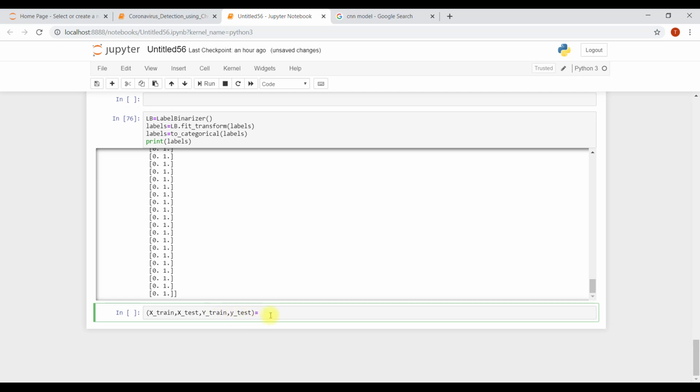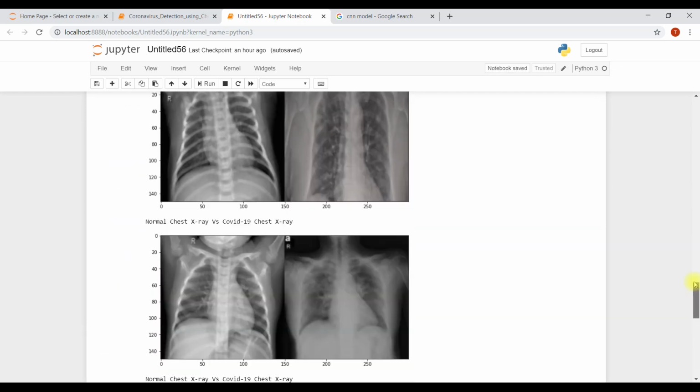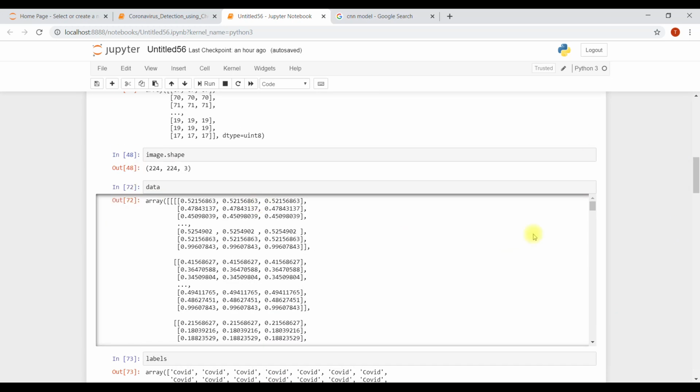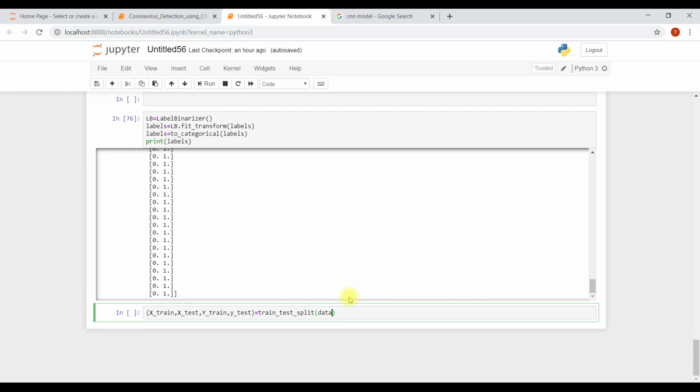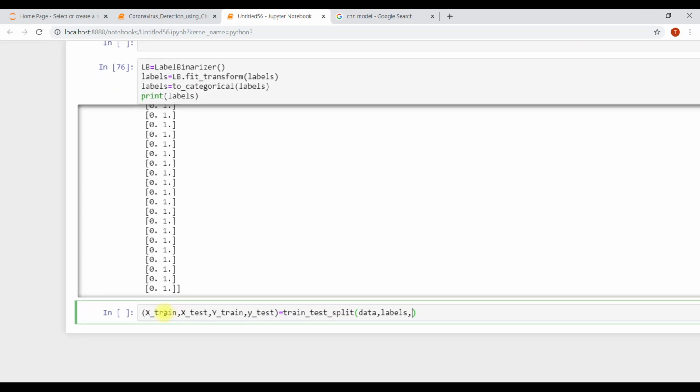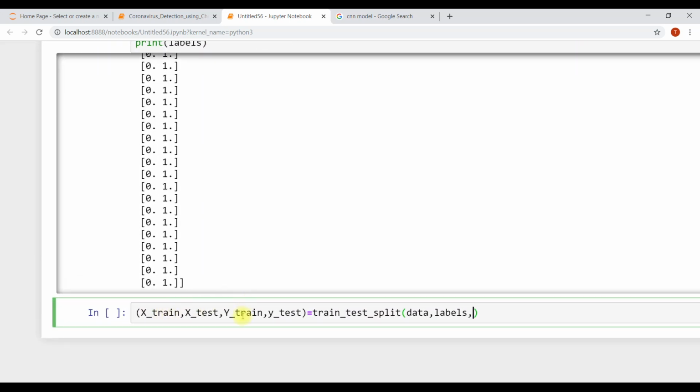Let me explain what this is. Let me just write train test split, that's how we split them. Split the data, of course all the arrays. 80% for training, 20% for testing. Split labels also. Now this is what I'm saying: X train and Y train are the image data and labels.